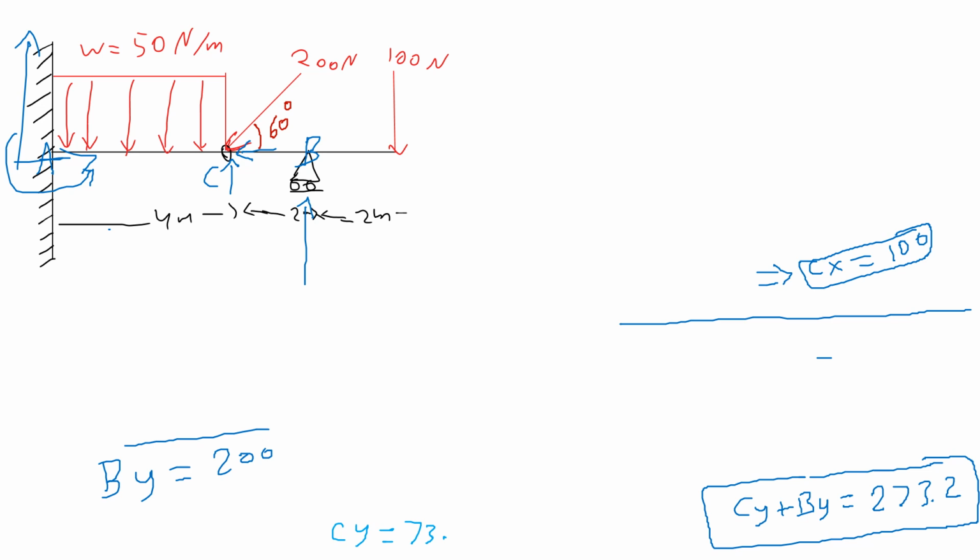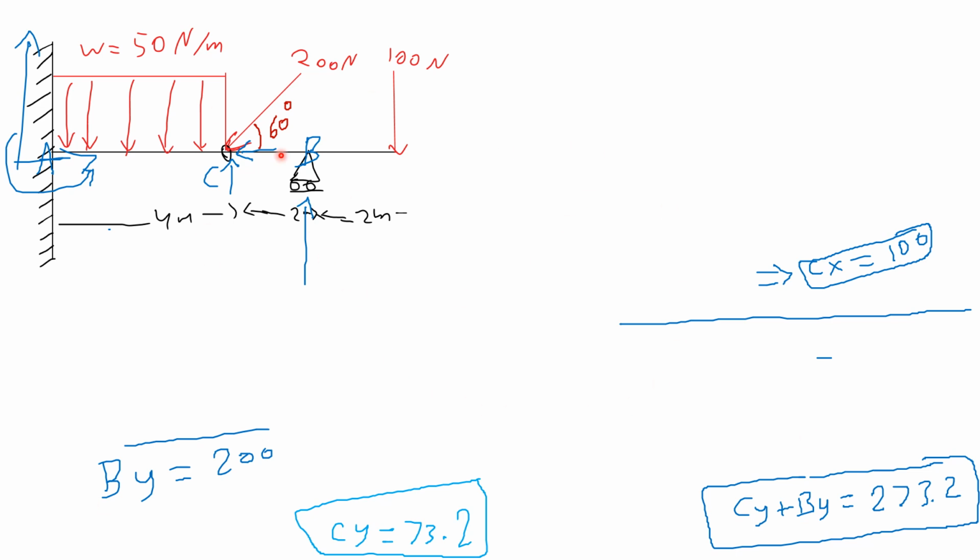First, if I was to start over this part, I'm going to have 5 unknowns. This one, this one, this one, this one, and this one. 5 unknown reactions, and it's going to be nearly impossible to solve with these 3 equations of stability. So I needed to start with the other part first, because I'm only having in this part